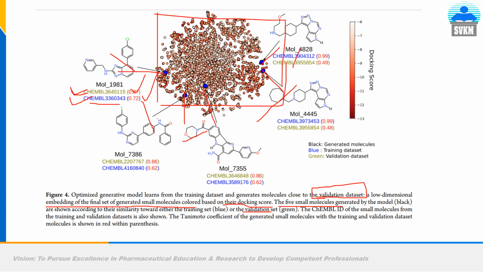The ChEMBL ID of the small molecules from the training and the validation data set is also shown. The Tanimoto coefficient of the generated small molecule with the training and validation data set is also shown in red within the parentheses. So this is the Tanimoto coefficient of 2. So you see here, it means now you have to again go to the ChEMBL dataset and see the structure of this chemical ID. It means all these 5 structures can be tried in preclinical studies after testing their